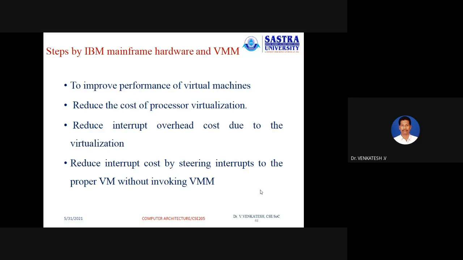So there will be some migration going on. In that case, how can we reduce the overhead related to migration? That's why I told you that now people are using Docker machines, Docker containerization, in order to reduce the overhead. And then we are going to reduce the interrupt cost by steering the interrupts to the proper virtual machine without invoking the VMM, without using the hypervisor. How that invoking is done, all those things. These are all the steps taken by IBM in order to reduce the overhead related to